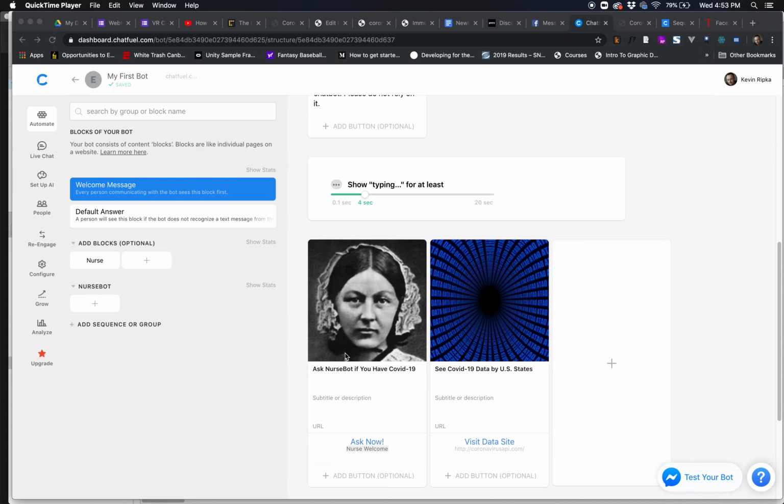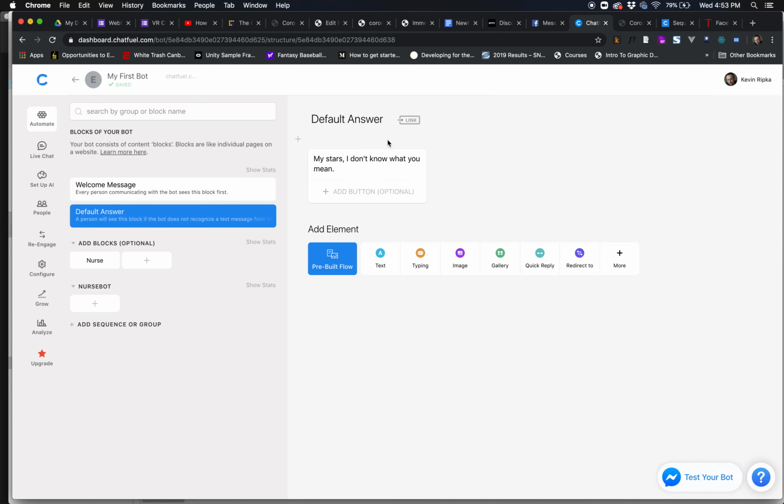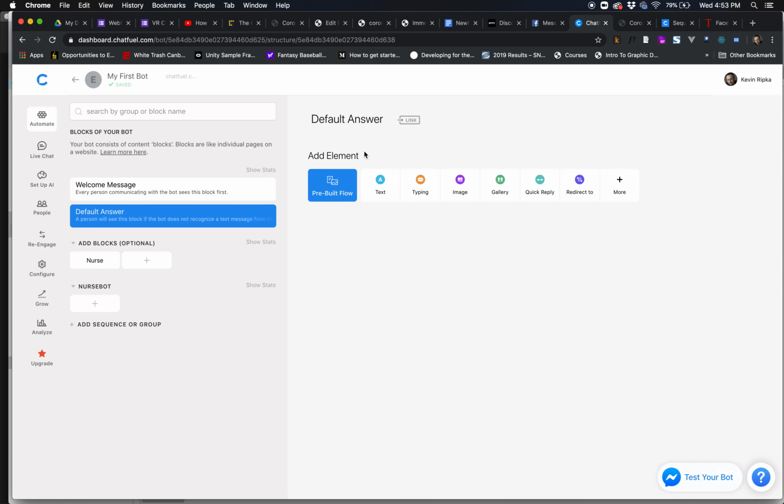All right, before we go into a flow of a whole conversation with the bot, I want to stop and talk about the default answer and this AI stuff. So if we click on default answer here, we can add something. It comes without something there. I just put something in there to test it. So I'll just delete that. We should put in